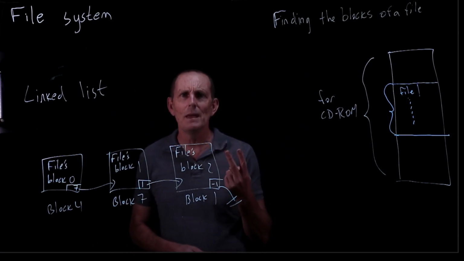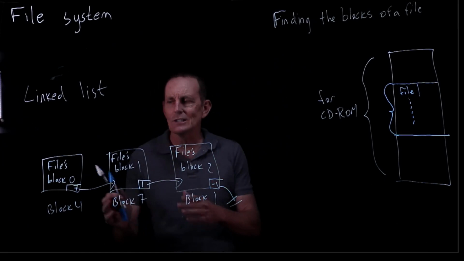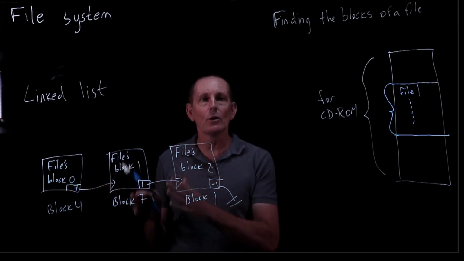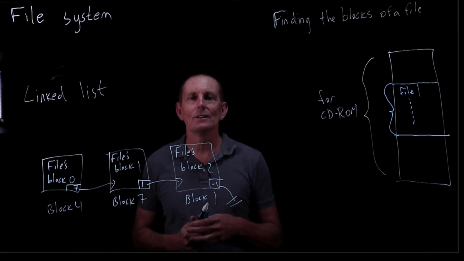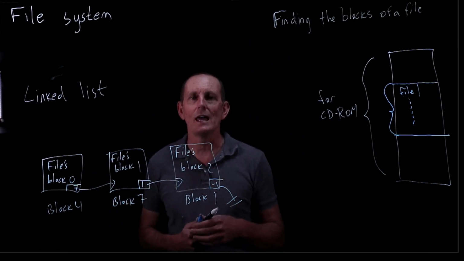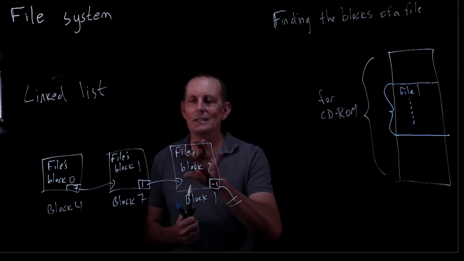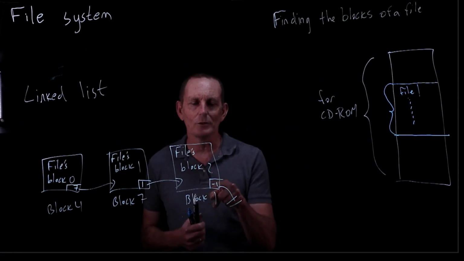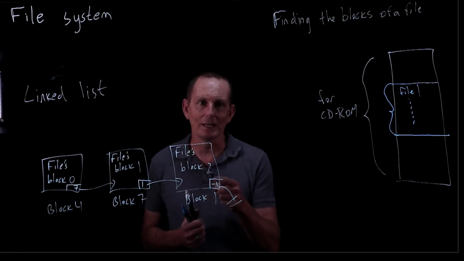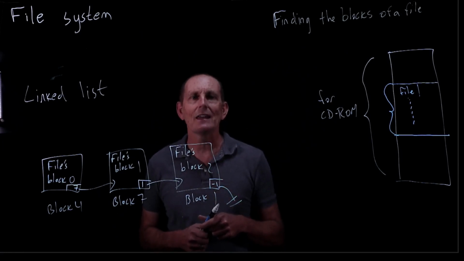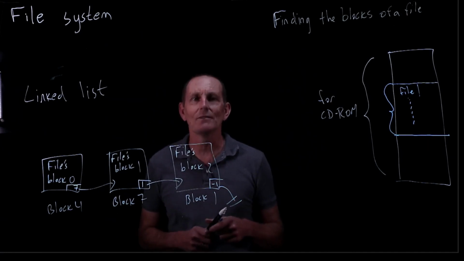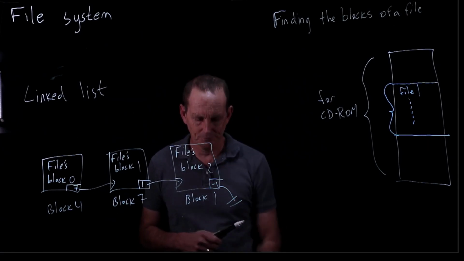There are 2 major problems. So one, it's slow to get block n. To get to block n, if you're starting at block 0, requires n disk accesses. So that can be very slow. So order n disk accesses. Second problem is in our block, our data is no longer a power of 2, right? This might be 512 minus 4 or 8, depending on how big this pointer is. And that can just be difficult. It's just more common to have things be a power of 2.